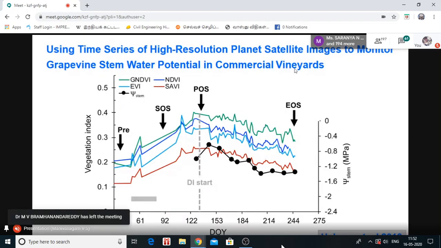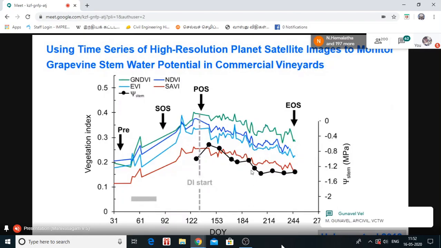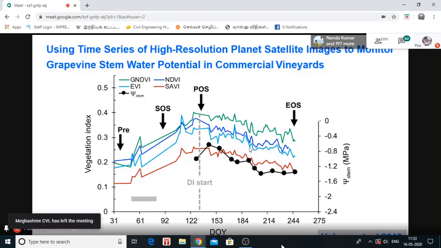So for grapes, the crop mechanism is entirely different. We can't measure the ETc. So we directly measure the water content from the plant itself, and we try to develop a regression equation between this plant water content and the information derived from the satellite images. So this relationship again can be used. We need to take measurements for the first year; once we have the relationship, we can skip the measurements from the field. We can directly use remote sensing for the next season.